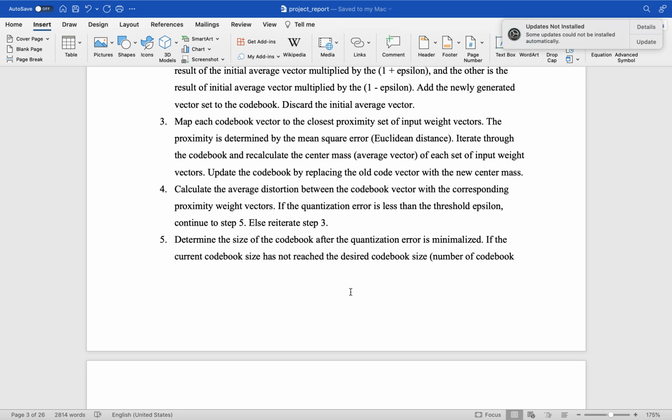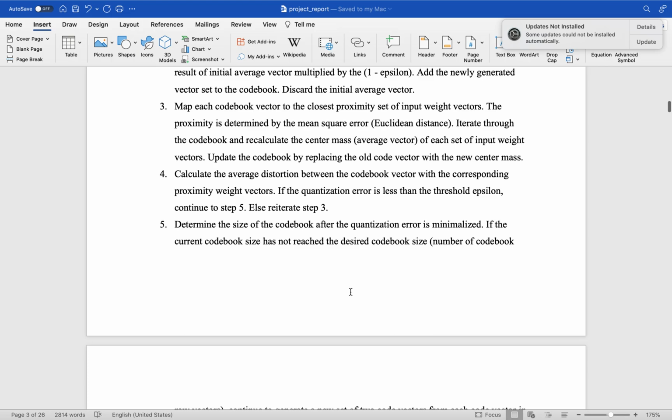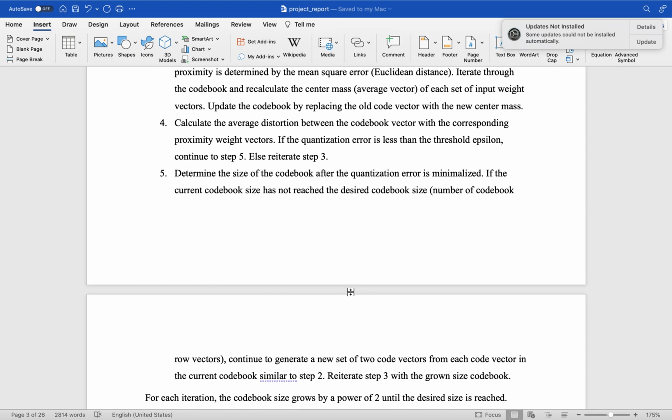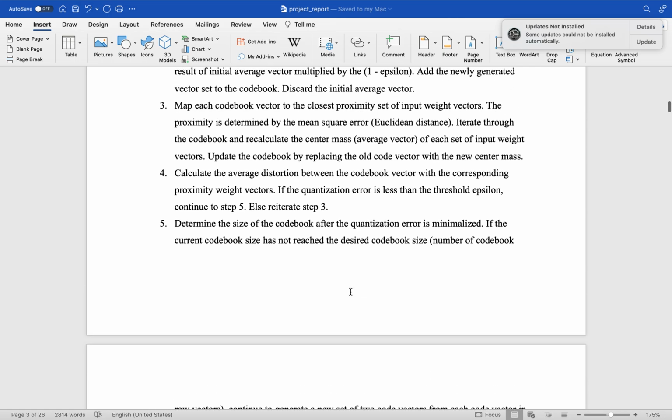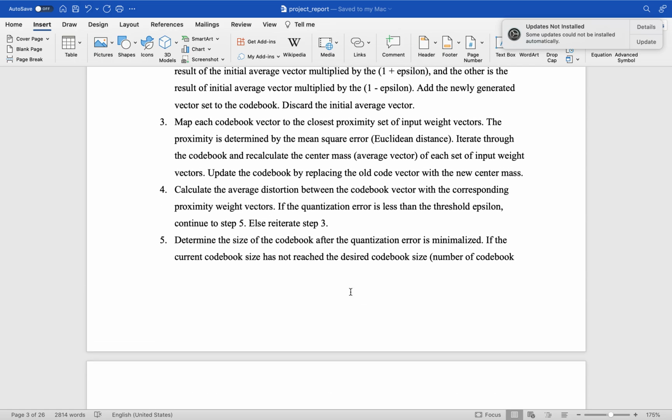Else we will reiterate step 3, and we will keep finding the center mass. So the vector will be trained to get closer and closer to the input weight vector. For step 5, based on the given codebook size, we will check if the number of code vectors inside the codebook has reached the desired codebook size. If not, then we go back to step 2, where each of the code vectors inside the codebook